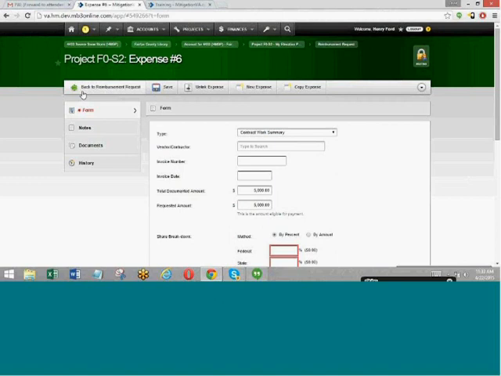So there's a question that says, if I have uploaded all the detail under documents, I could just record one expense for the whole amount. This is a process question for VDEM. Ideally, you should create an expense per invoice.